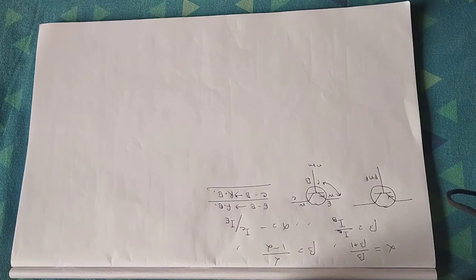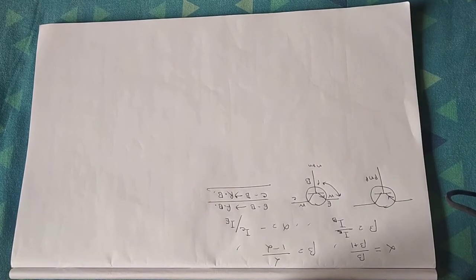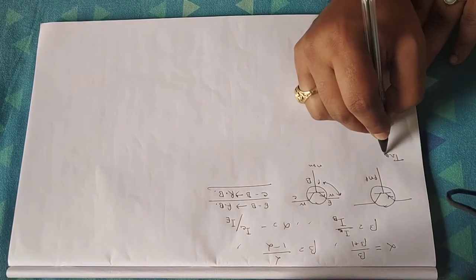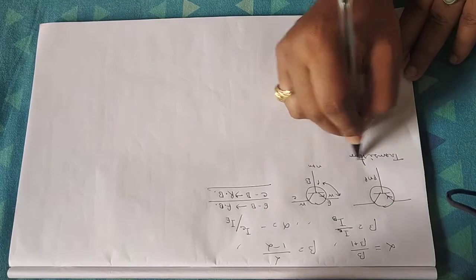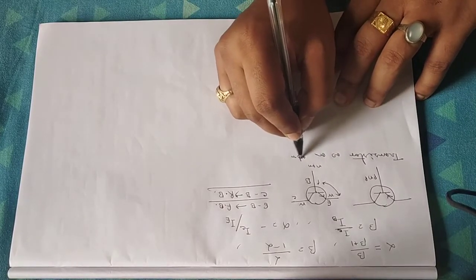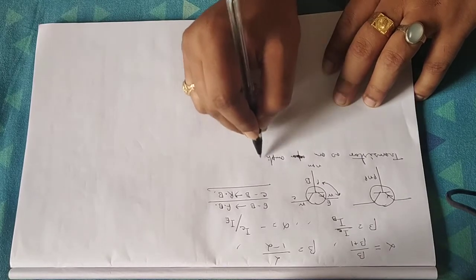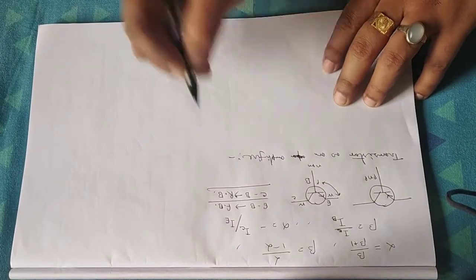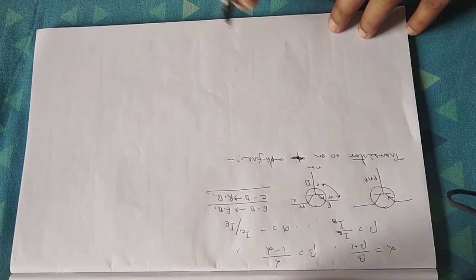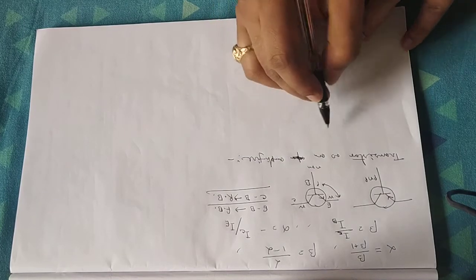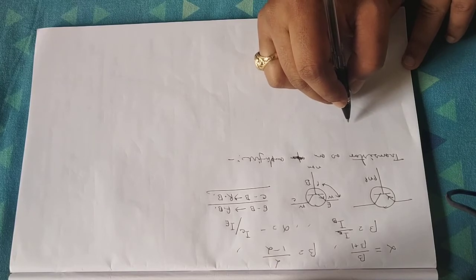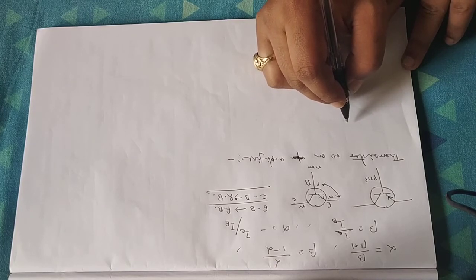Now today we will start a new portion, that is the usefulness of transistor as an amplifier. So let me write the heading first. Transistor as an amplifier. So how can we use a transistor as an amplifier? The simplest idea of using a transistor as an amplifier is to connect the transistor in any mode of biasing. Let us see in different modes of biasing how the transistor will behave.